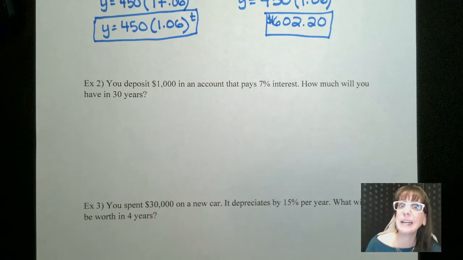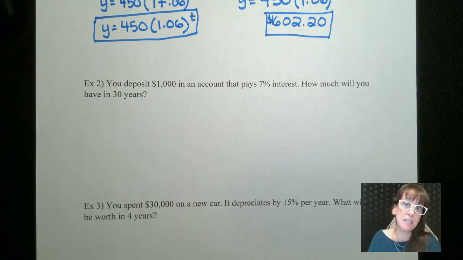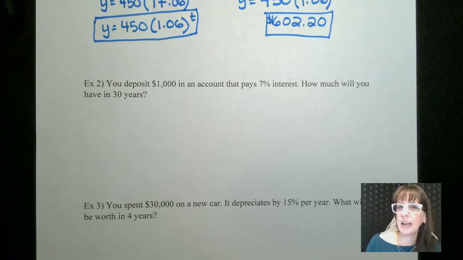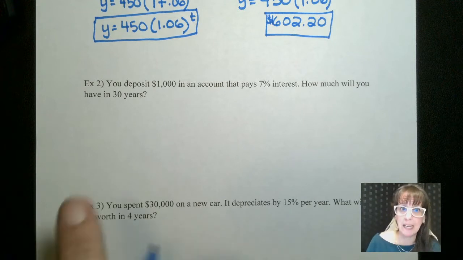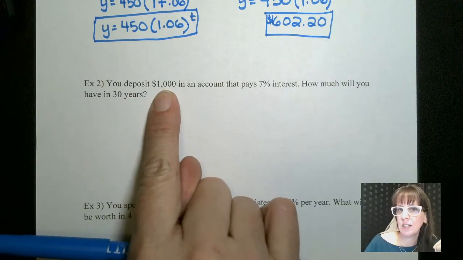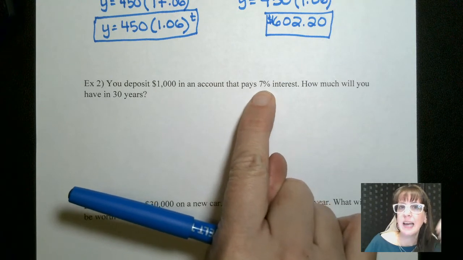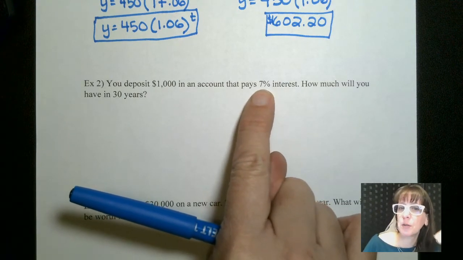So you have to save money so that you have money to live on until you're 90, 100, right? And so we put money away, and when we put that money into an account, we're investing it, which means that bank or whatever we're investing in is paying us to hold that money. So for example, this $1,000 in an account that pays 7% interest, after the first year, you've earned 7% interest,